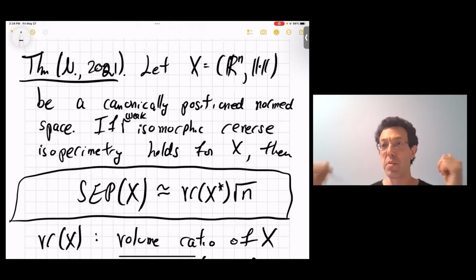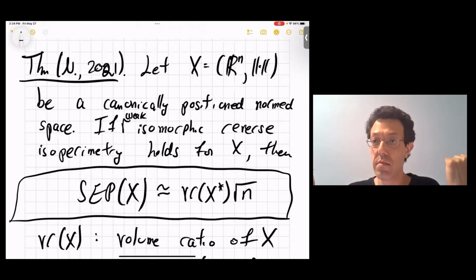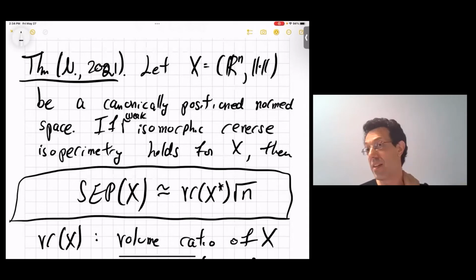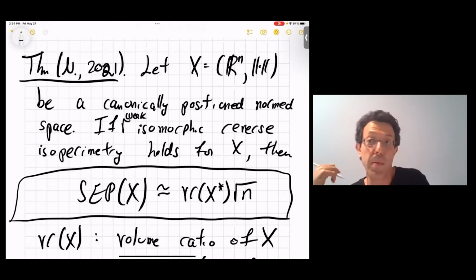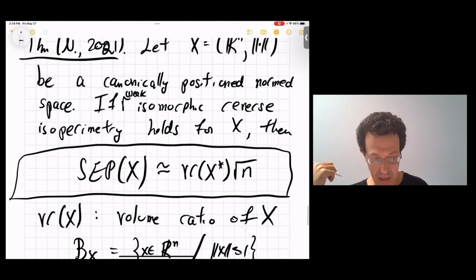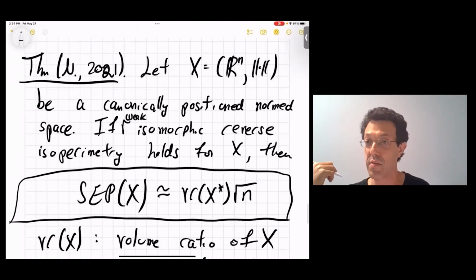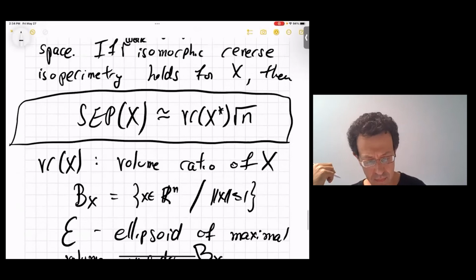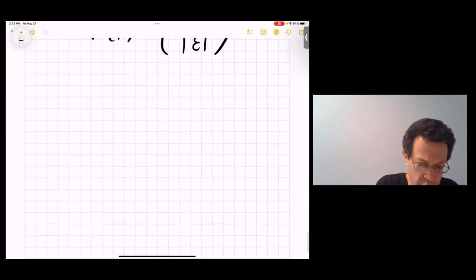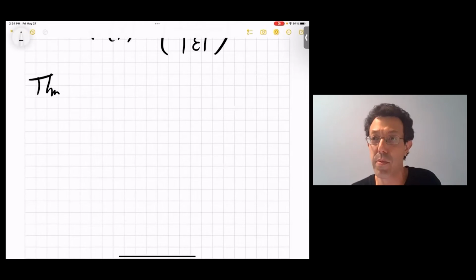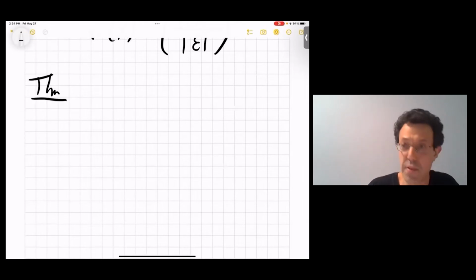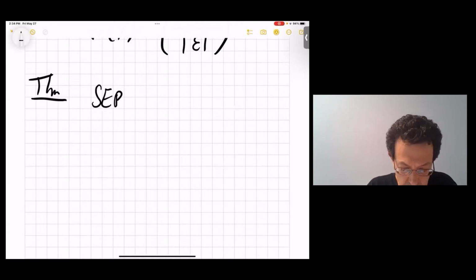Okay, so this is a formula which relates linear to nonlinear. The minute you have this at hand, there is so much literature that computes these volume ratios. In many cases, it's so well studied that you just have formulas for the separation modulus. I'll give you some examples later. So this is a theorem conditional on solving the reverse isoperimetric problem. Here's a theorem which is not conditional, because reverse isoperimetry holds up to logarithm. So this is really a theorem without any assumption: sep(X)